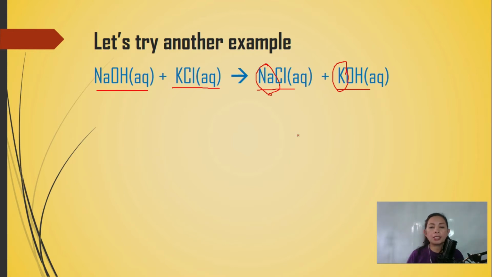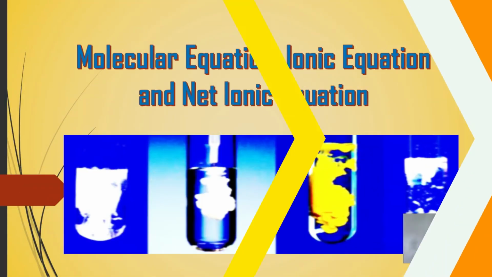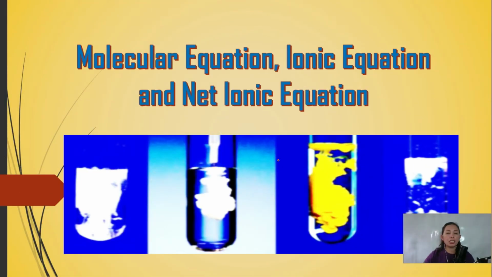And so, once we do not have an insoluble substance on the product side, or no production of an insoluble substance, then we can say that this one has no precipitation reaction. It has no reaction. Okay? Are you following? Okay, very good. Next, let us proceed to how to write a molecular equation, ionic equation, and net ionic